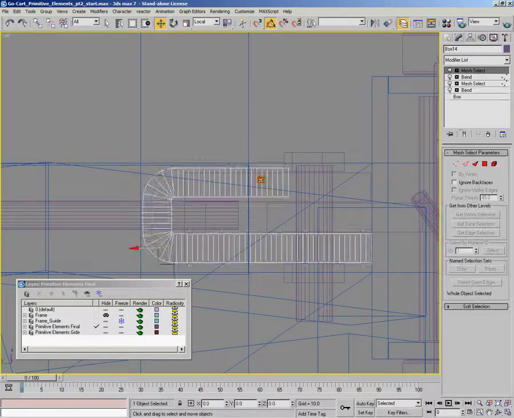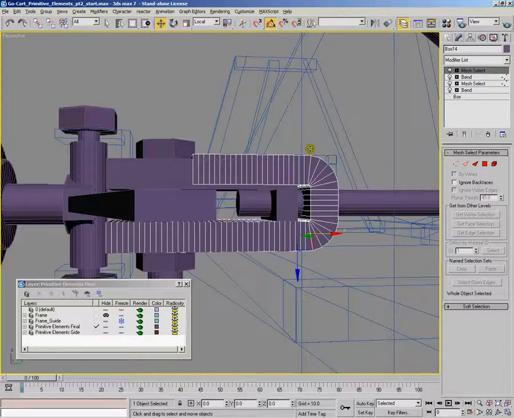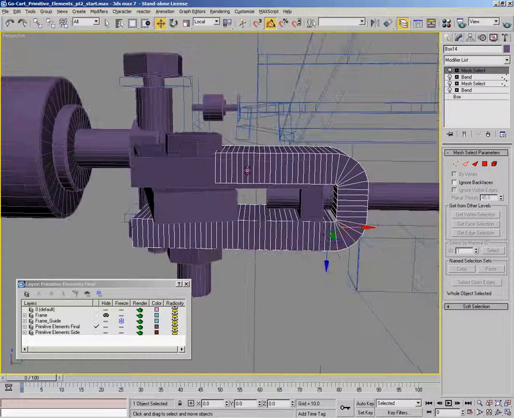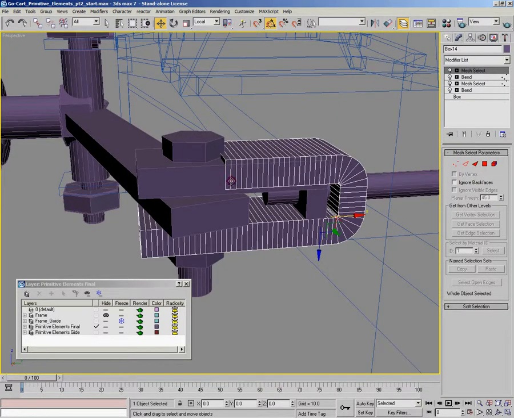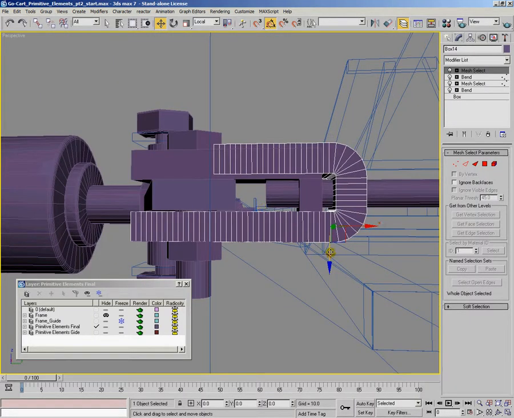So if I just go into perspective mode and zoom in here, you can see we've now got the kind of bar that we want. But the only thing is, because of the way it worked out here, it's actually given us a shorter piece of metal here. What I'm going to do at this point is skip ahead and use some of the